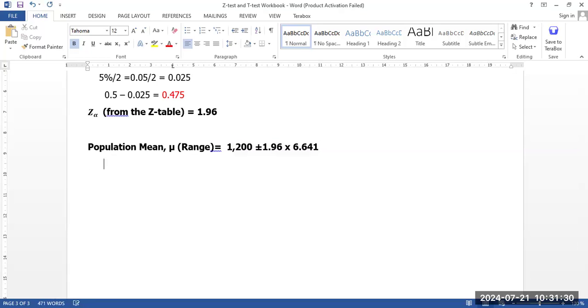So if you proceed, what will be the value here? If you get 1.96 times 6.641, what do you get? It is 13.016. So you have this as your new